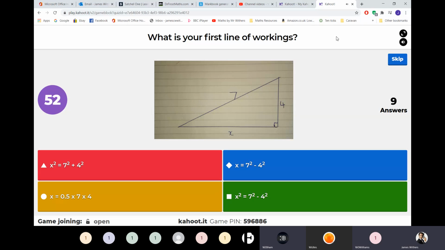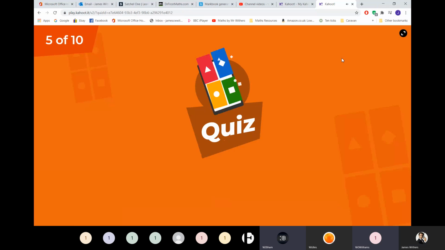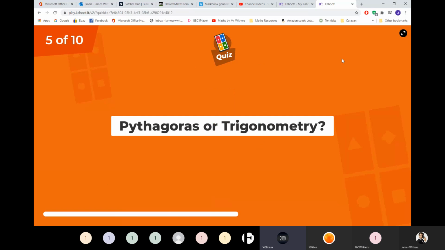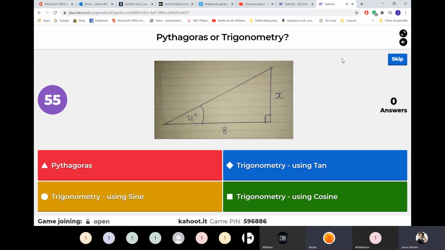I ain't getting it wrong this time. There we go. I'm not getting that wrong again. Not falling for your tricks. The team news is out, Mr. Withers, if you're interested. The team news for the cricket. Okay. Who won the toss? I'll look in a minute. I just looked on my iPad.